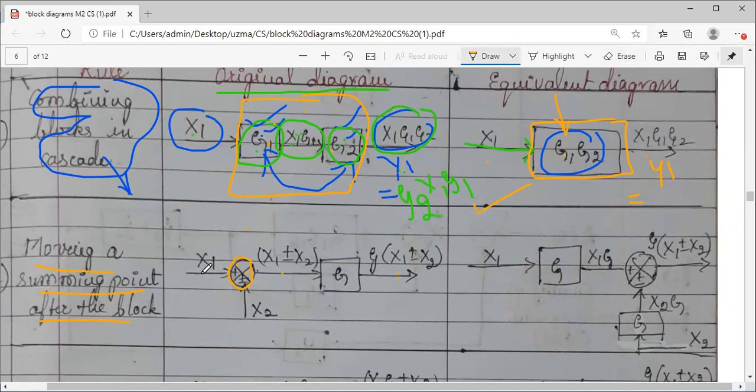Coming to the original diagram, you have inputs x1 and x2, and I don't know whether they are getting added or subtracted because here I have used plus or minus. The sign used is plus or minus. Hence x1 plus or minus x2 is your total input. After adding or subtracting, x1